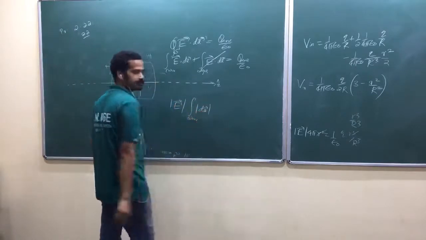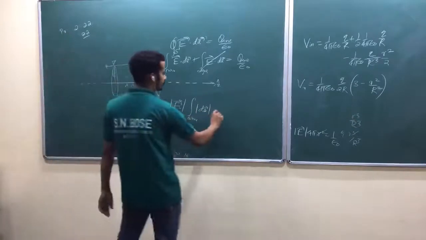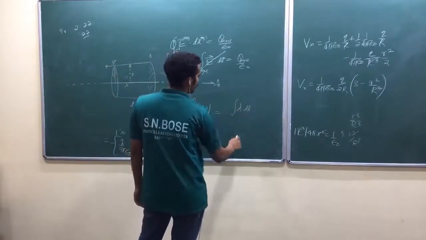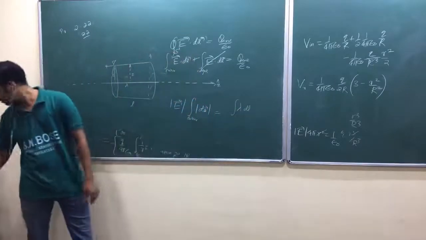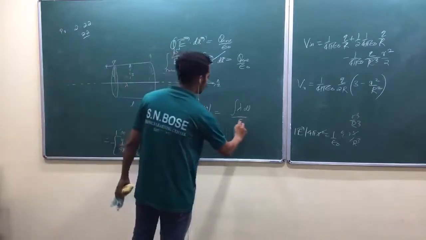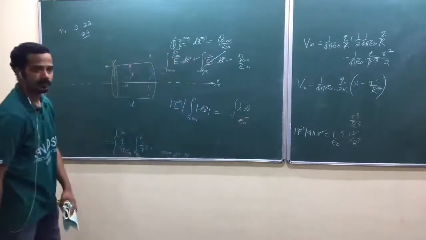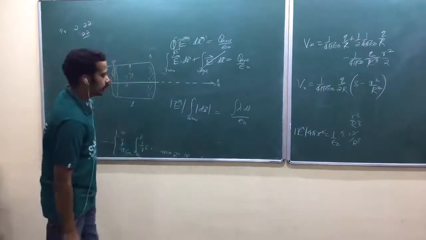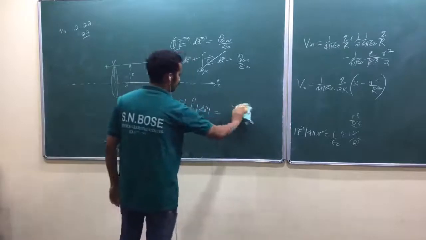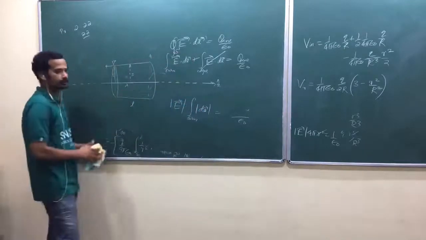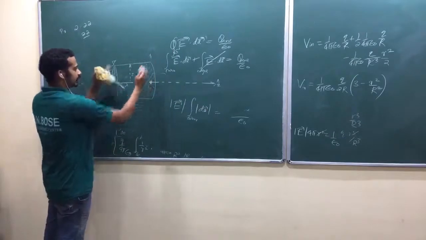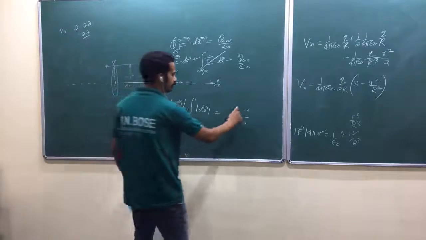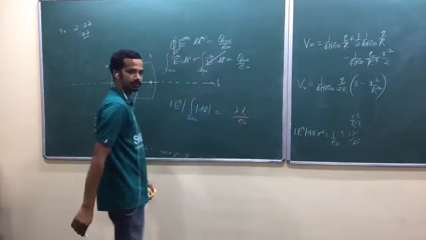This is the curved area. That's equal to Q enclosed. How do you write Q enclosed? Integral lambda dl, that is the enclosed charge divided by epsilon naught. Or you can directly write this, because you know it is uniform charge density. What is the charge within this region enclosed by the Gaussian surface? Lambda is charge per unit length, into length. You can write directly lambda into L. You don't have to worry much.